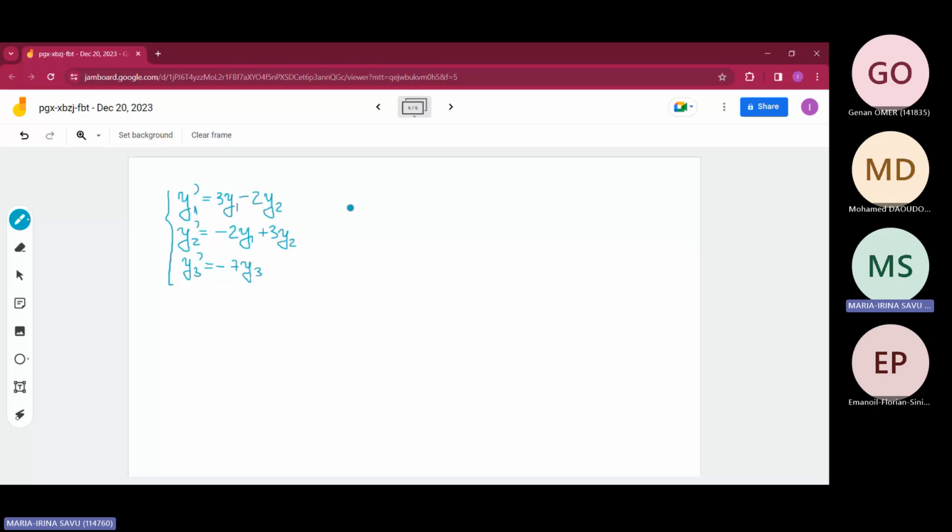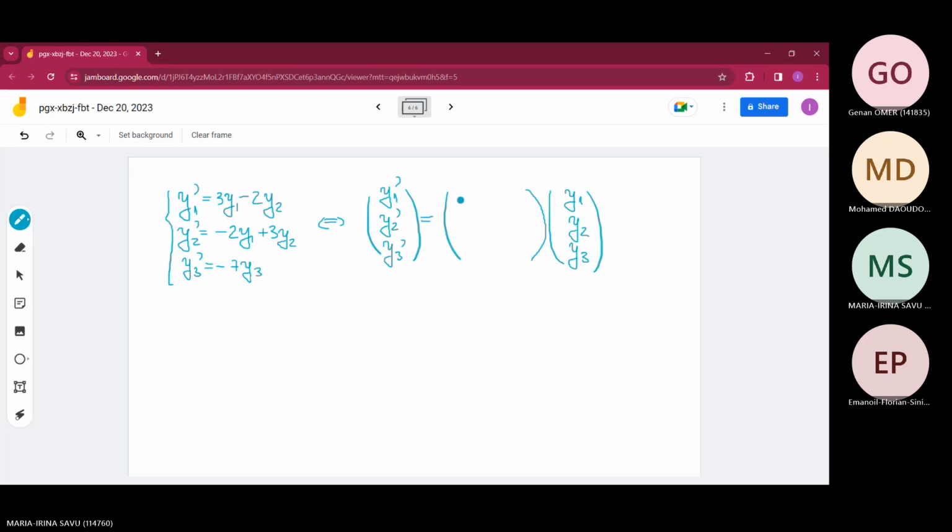Let's see. Well, this system is y1 prime, y2 prime, y3 prime equals, and then we have to write the 3 times 3 matrix, such that the matrix multiplied by y1, y2, y3 will give you these elements. So you have what matrix? A equals